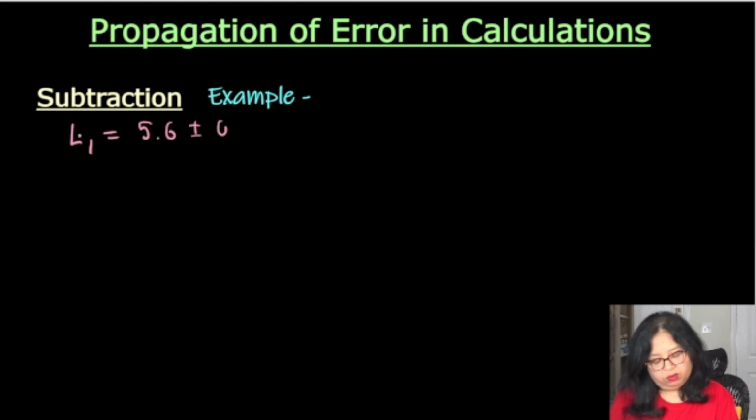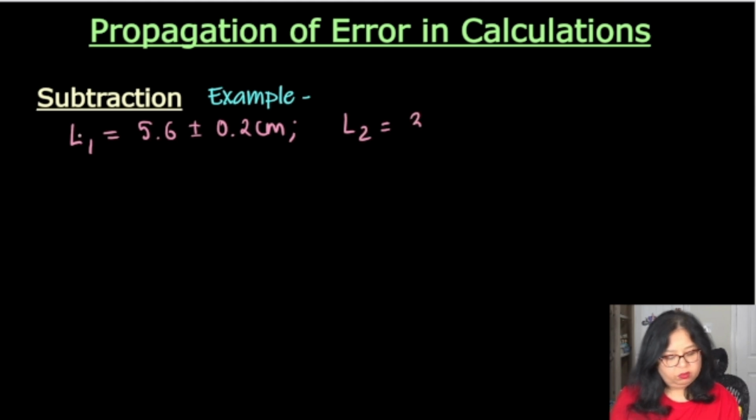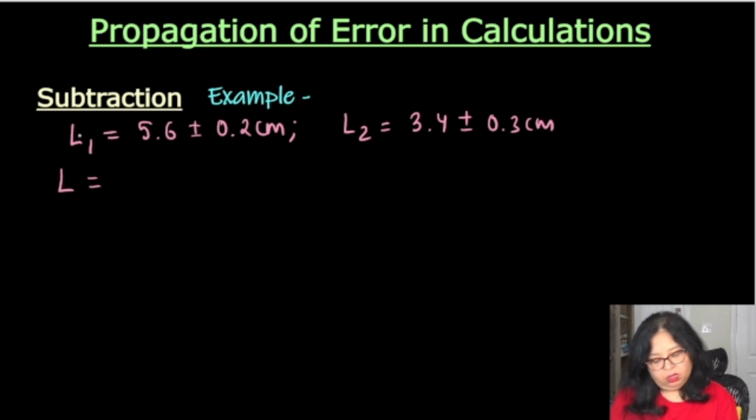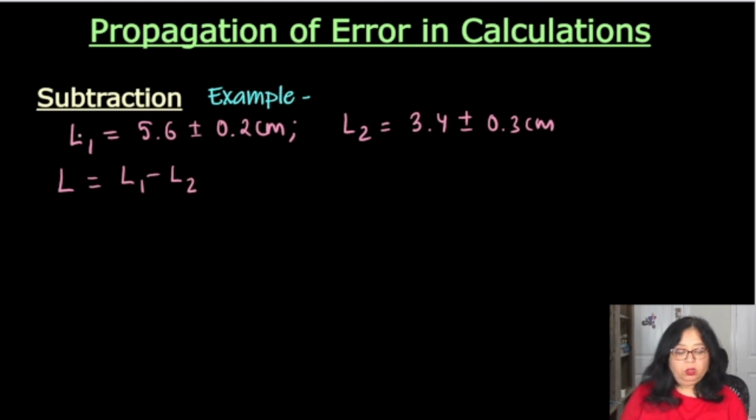5.6 plus minus 0.2 centimeters. L2 was, I believe, 3.4 plus minus 0.3 centimeters. Find L, which is L1 minus L2. Okay. To understand this, let's again,